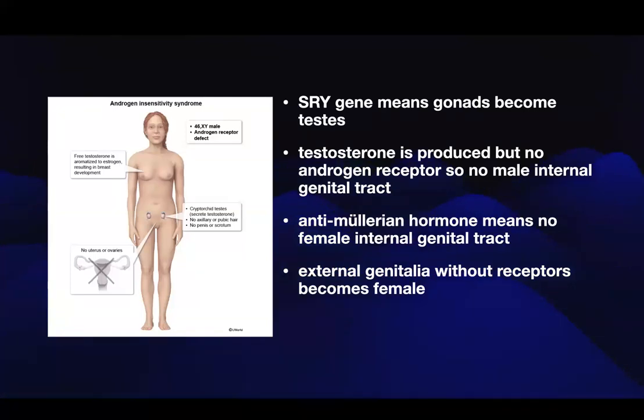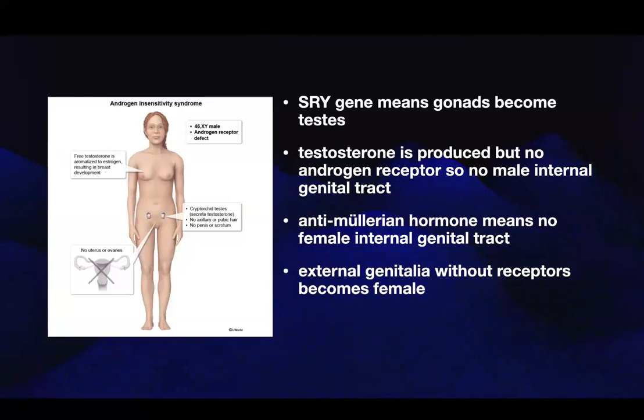So she won't have a uterus, she won't have a fallopian tube, she won't have any of the female internal genital tract. Now, the Leydig cells are producing a lot of testosterone, but that testosterone is not being detected by the body because there's a problem with the receptor. So what happens is you don't have a Wolffian duct. So you don't have a male internal genital tract. You only have a testes, but you don't have a vas deferens, you don't have an epididymis, you don't have